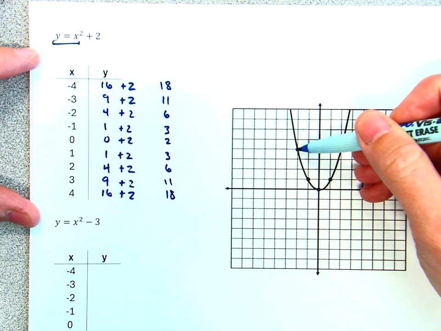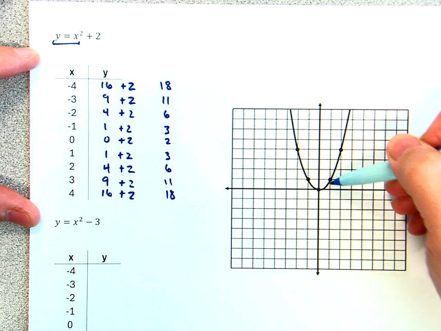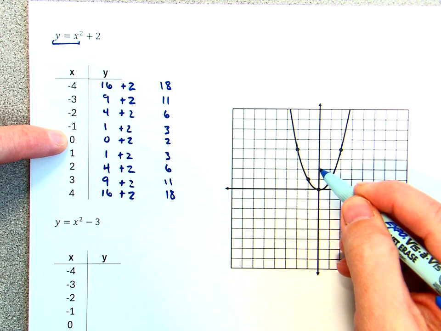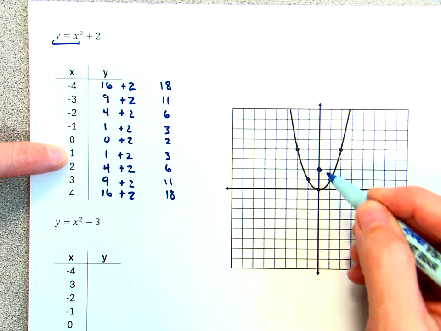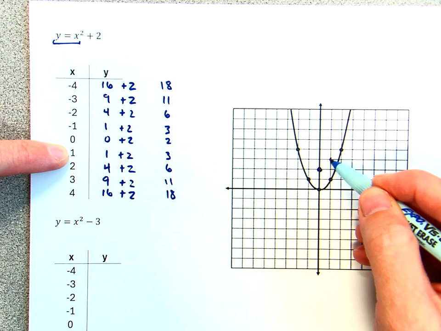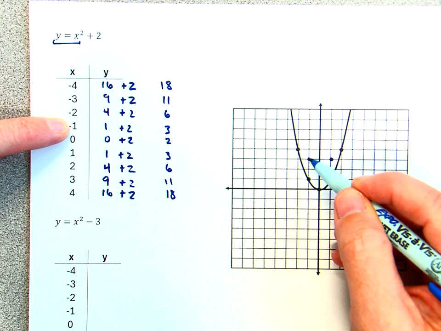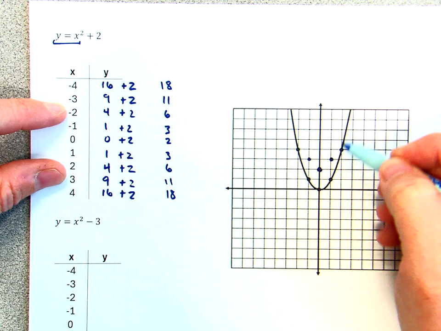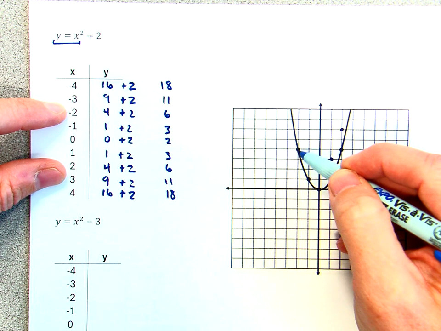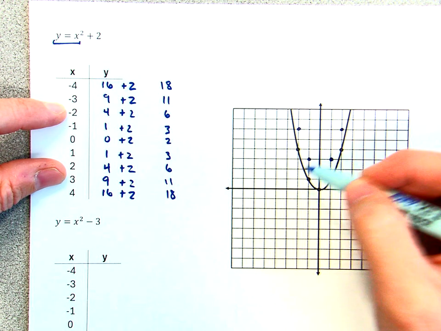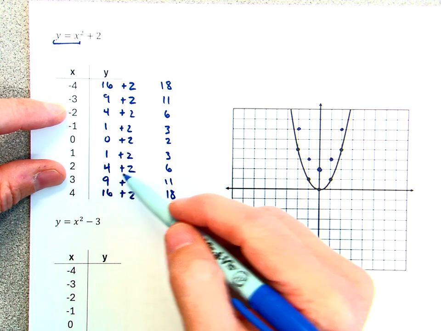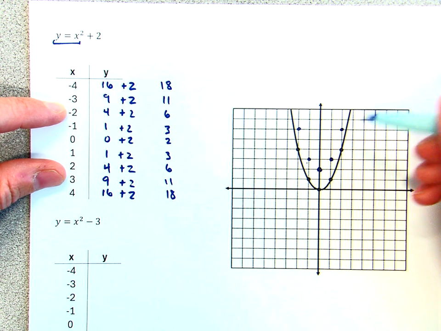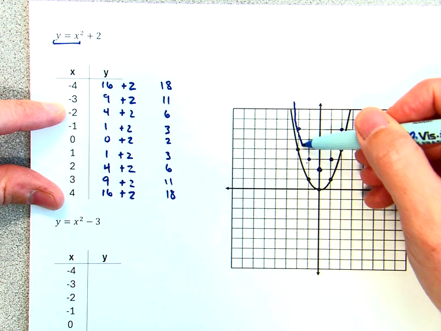So each of these y values that we already found on the graph, right, starting at 0, 0 plus 2 is here, right? And then 1 plus 2, right? Negative 1 plus 2, at 2 is 4, 4 plus 2, at negative 2, right, is 4 plus 2. So each of these points, each of these y's, added by 2 just moves each of these y's up 2 units. So if I were to make the graph,